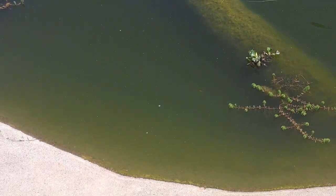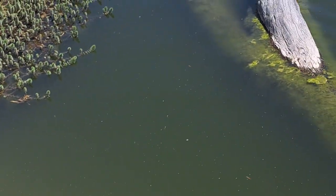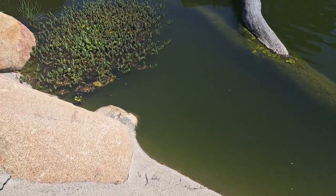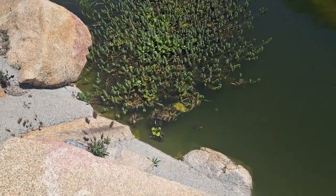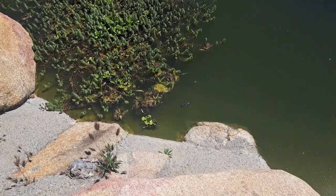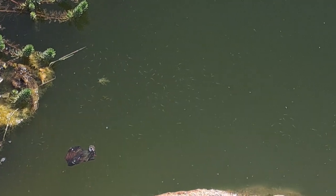If you look, see some little goldfish. So there's lots of life, but they're not minnows. Although, you know what? I checked this out like a week ago when I decided whether or not I was going to get the minnows, and I saw nothing. But I just noticed right now, maybe I might have jumped the gun, because I'm seeing